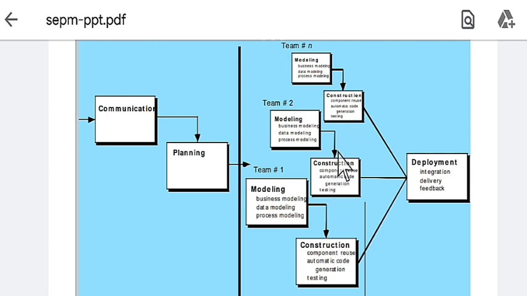So the construction time required for this type of model will be less, and after the construction part the project will be deployed, or delivered to the user. And after delivery the user gives feedback, and that is also provided again to the teams that are working on the project.